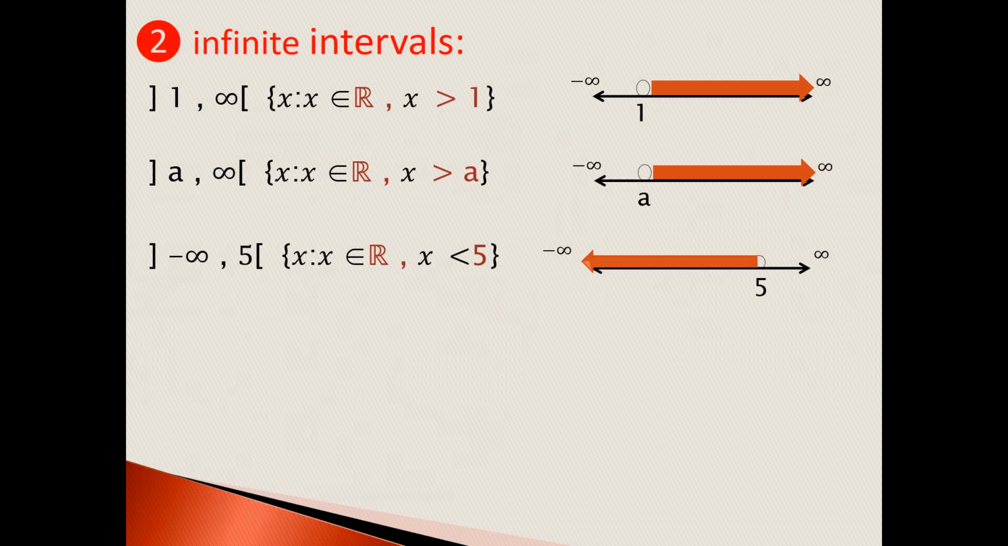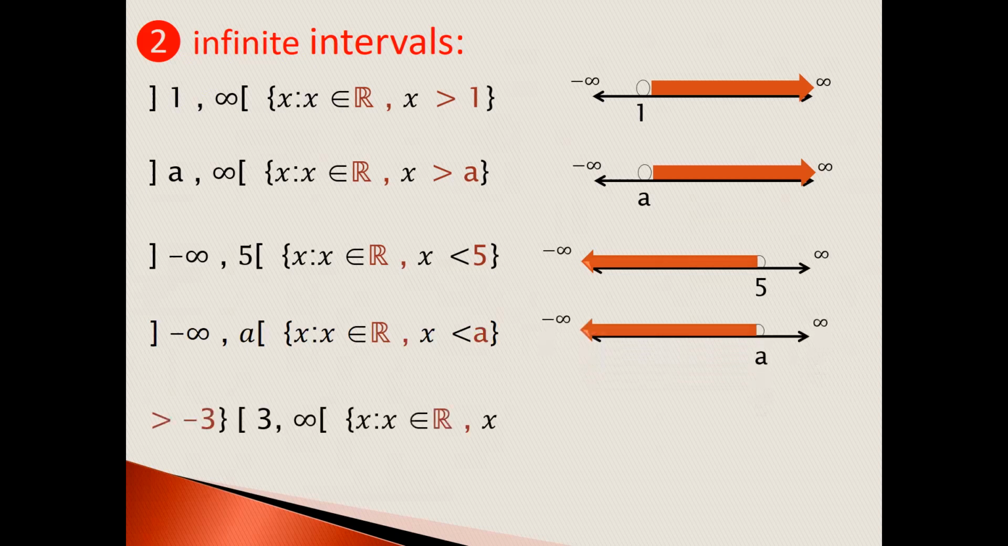So how can I write it on the number line? I'll put the point on 5. So I'll go to the left because I want to go to the negative numbers. Okay. Also I have here,